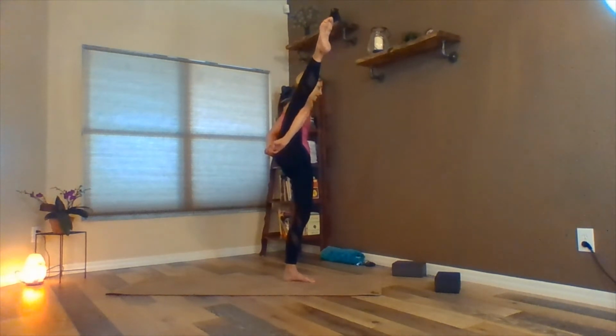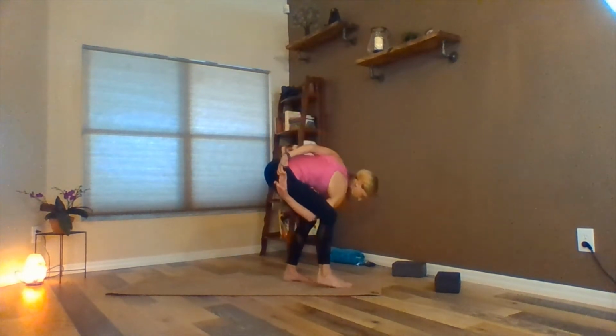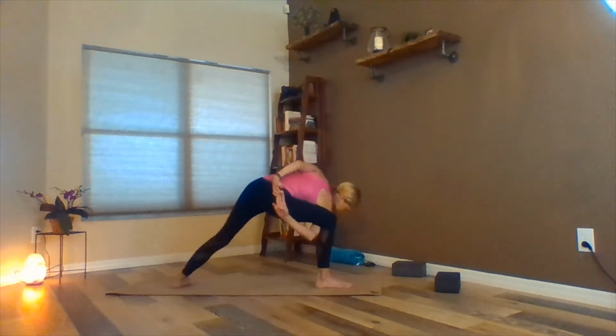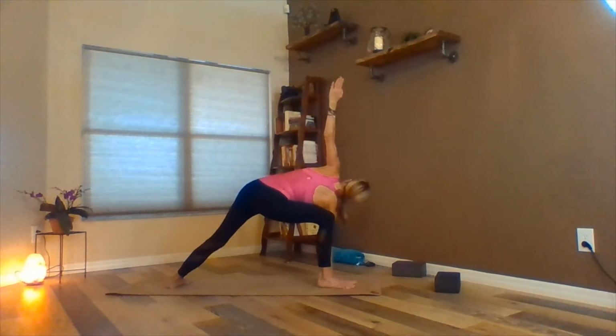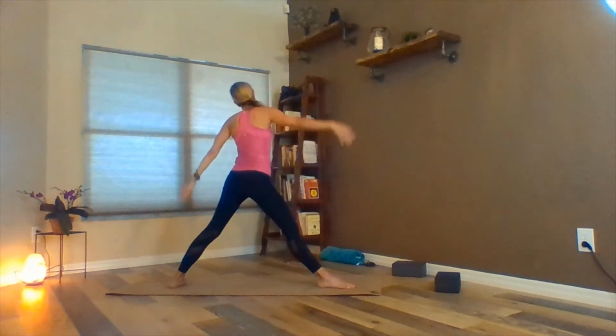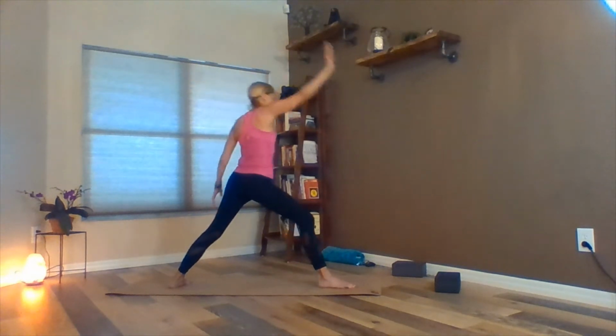And you're breathing. Yes, you are breathing in and out the nose. You got this. Big shoulder opener for that right shoulder. Big hip opener for that right hip. Now to come out, bend that knee, start to lower down. Plant the right foot. Step the left foot back. Plant the right hand on the inside of the right foot, and you're right back into your side angle. Take a big breath here, and then all the way up you go, reverse angle, and then windmill your palms